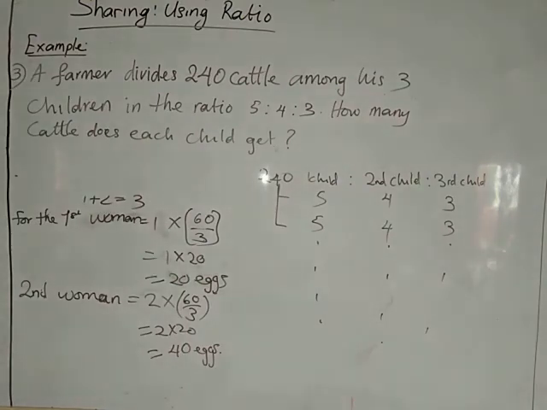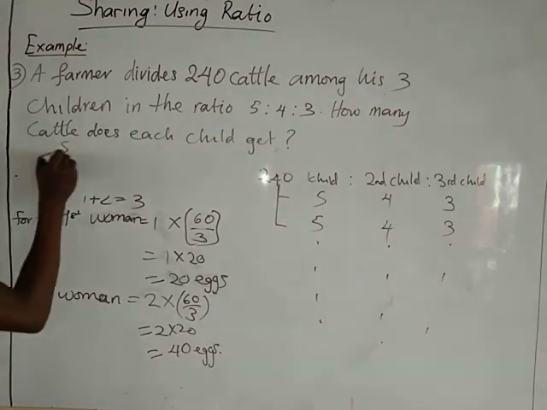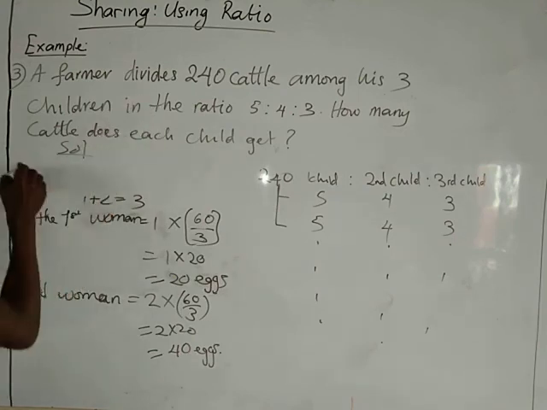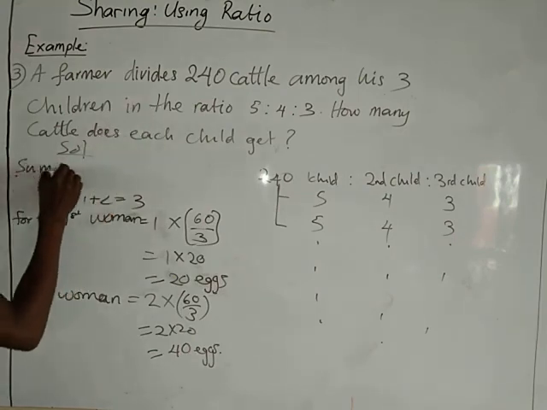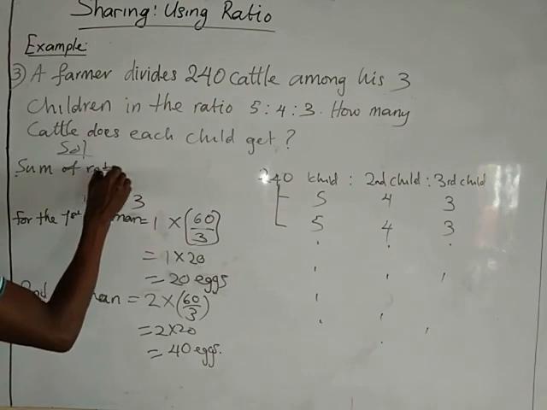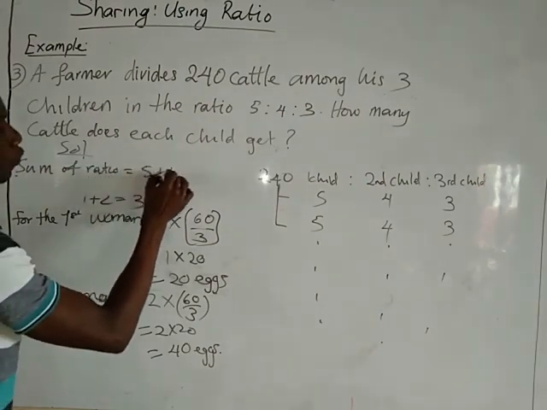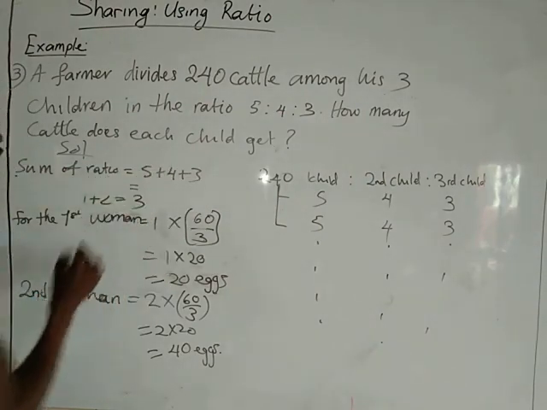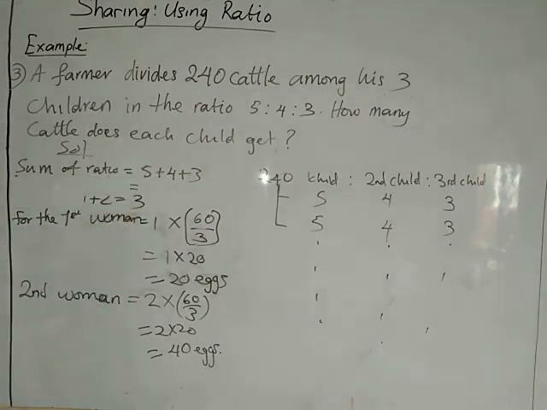So how do you go about it? Just like where I explained, first of all, you sum up the ratio. So the sum of the ratio will equal 5 plus 4 plus 3, which will give us 5 plus 4 being